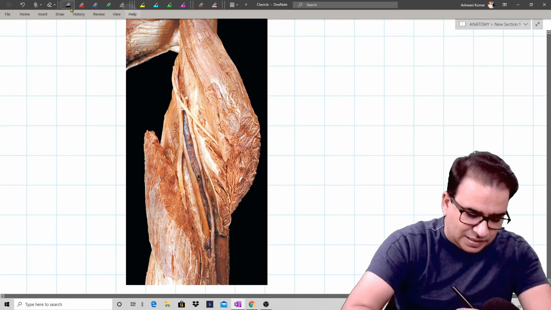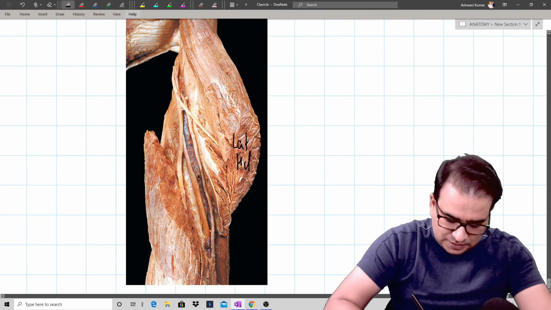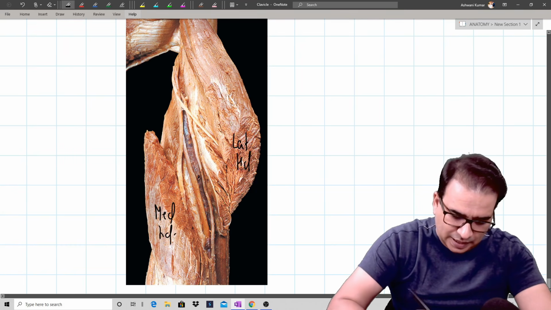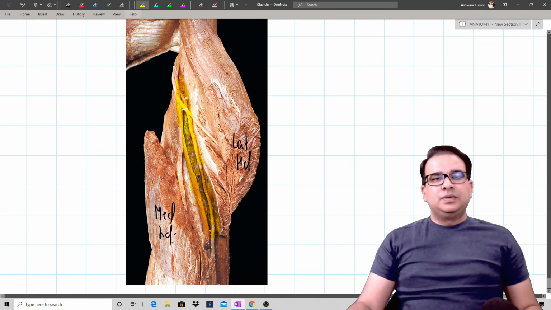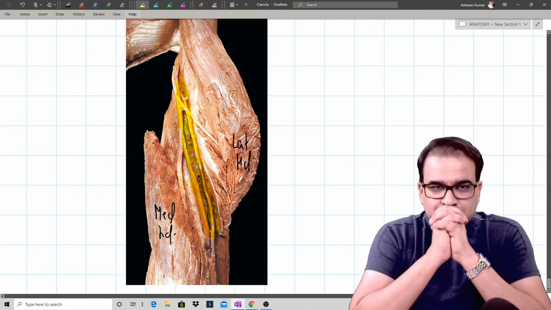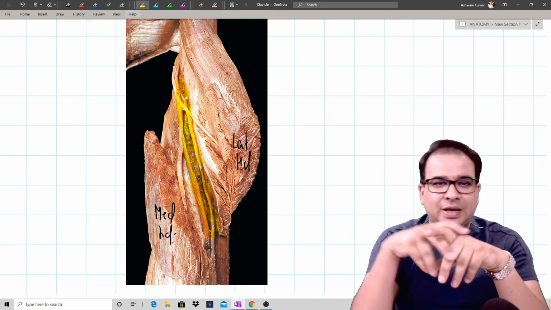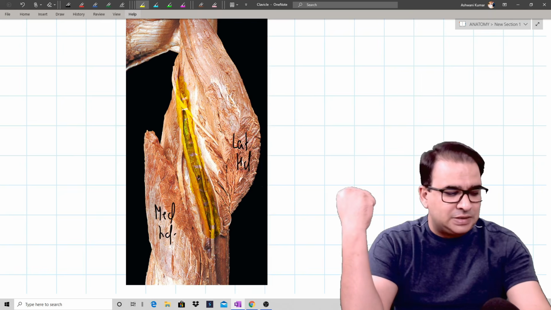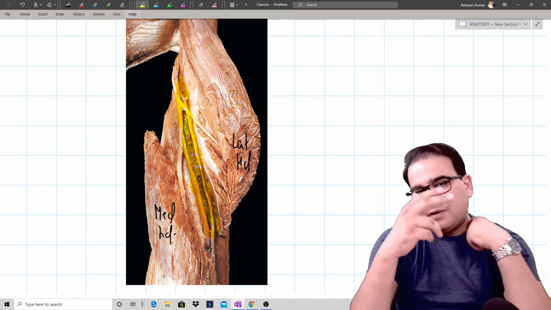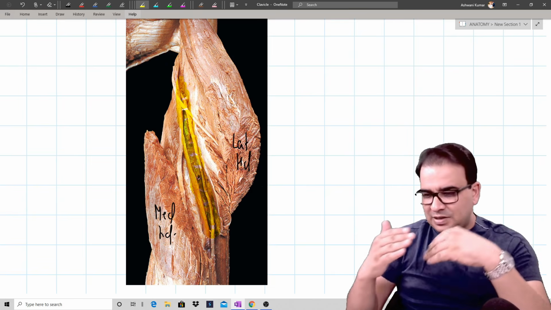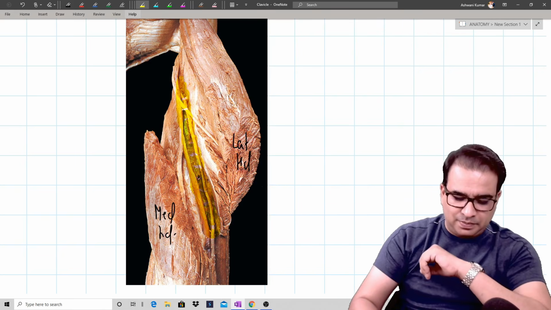Now, you can very clearly see this here is the reflected lateral head. This is the largest medial head, and this exposed groove in between is the spiral groove or radial groove, where you can appreciate the radial nerve. You can see the radial nerve is running there, and deeply you can see the profunda brachii vessels are also present. So you have to cut through this long head obliquely so that you can separate the lateral head and the medial head to see the spiral groove in a more clear manner.